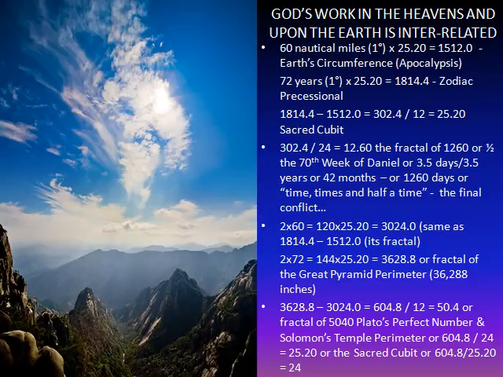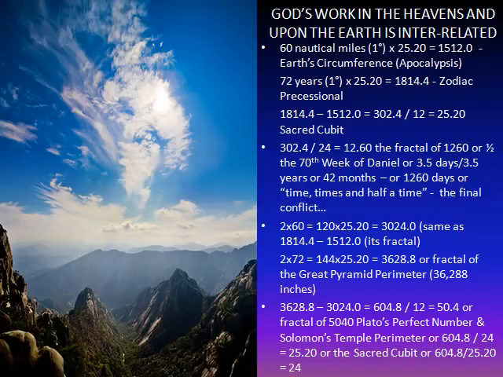God's work in the heavens and upon the earth is interrelated. 60 nautical miles, that is 1 degree of the earth's circumference, multiplied by the number of the sacred cubit of 25.20 will equal 1,512, which is the gematria for the word apocalypsis in the Greek. 72 years, that is 1 degree of the great zodiacal precessional, times the sacred cubit number of 25.20 will equal